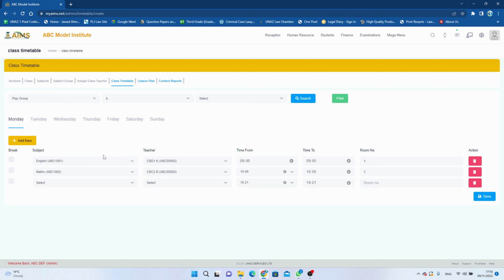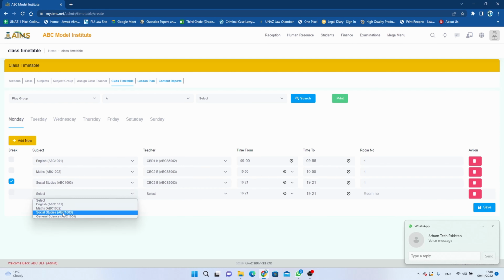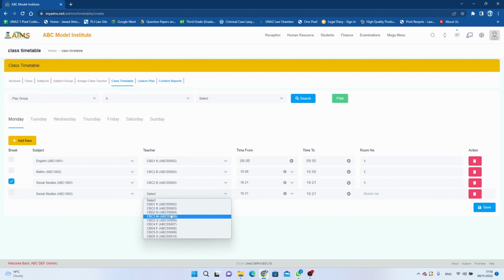If I want to say this is break time, I will just select the subject and select a teacher. Any teacher you can select, and just click on this button, so it will show as break. Add another one, same: select this subject, and select this teacher. From this is break time, so from